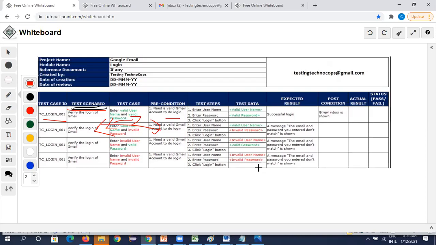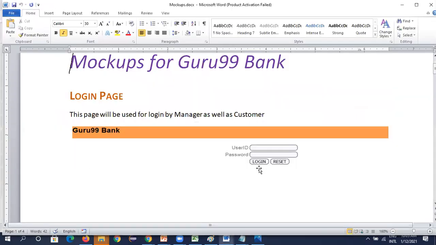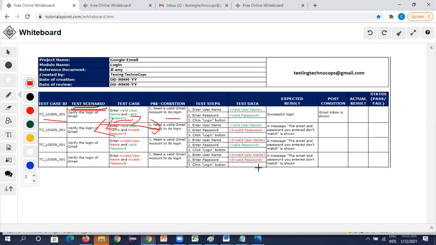For example, if you give valid login and valid password also, and you did not log in because some error has happened. Okay, then the expected result is successful login. But what was the actual result? It has not logged in, and shown an error message. Some error message has been thrown. So that is the actual result, and you will write here in the status as failed. Test case has been failed.